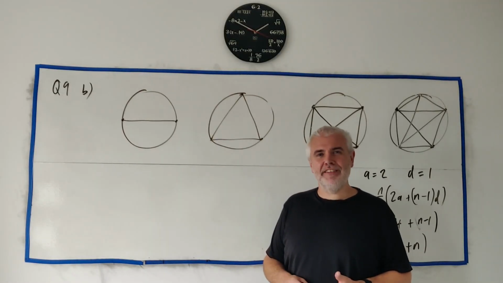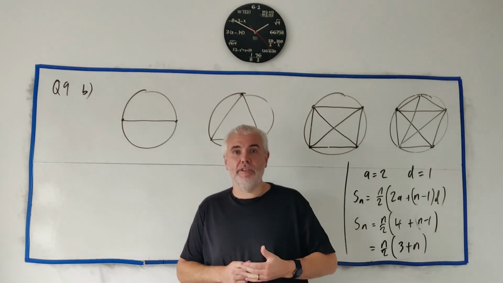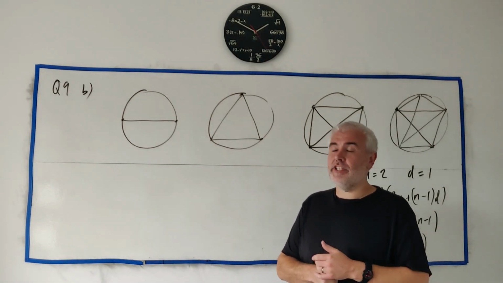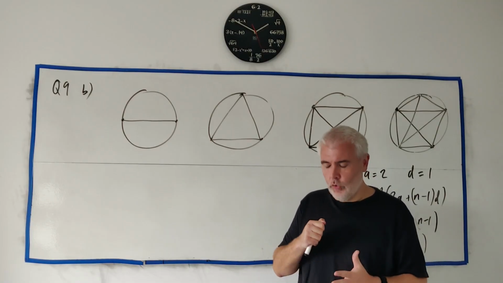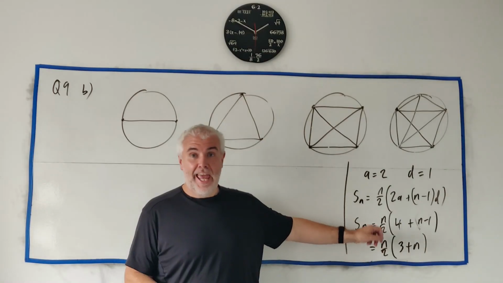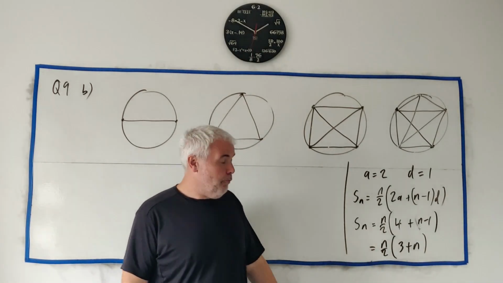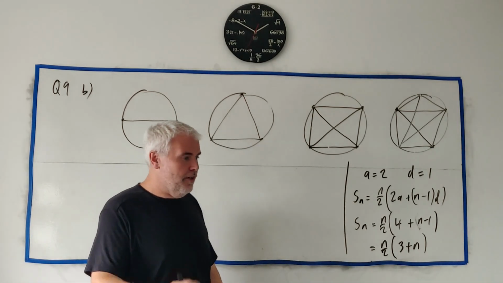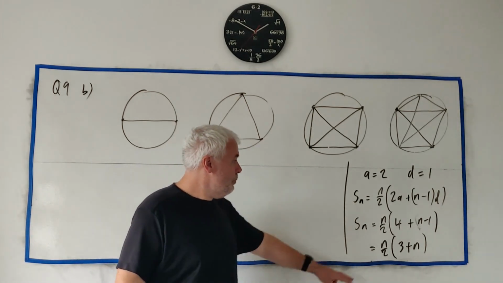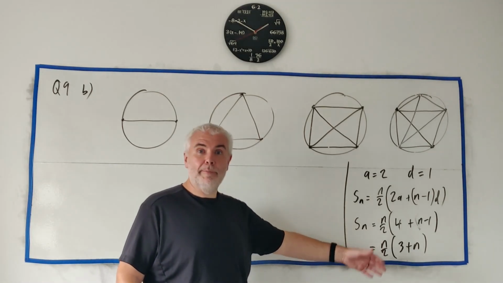So in part 5, they ask you to find the total number of complete patterns in the sequence that can be made using 740 dots. This is how many dots the nth pattern needs. So if we put in, well, actually, here's a couple of ways. I just thought of an easier way to do this question. If you put 10 into this instead of n, you'll find out how many dots you need to make the first 10